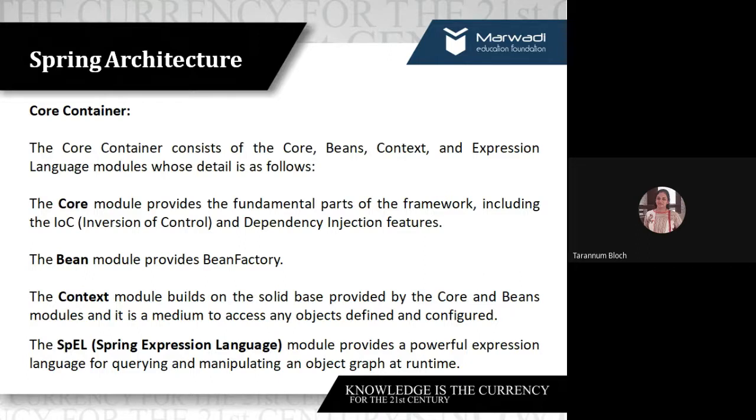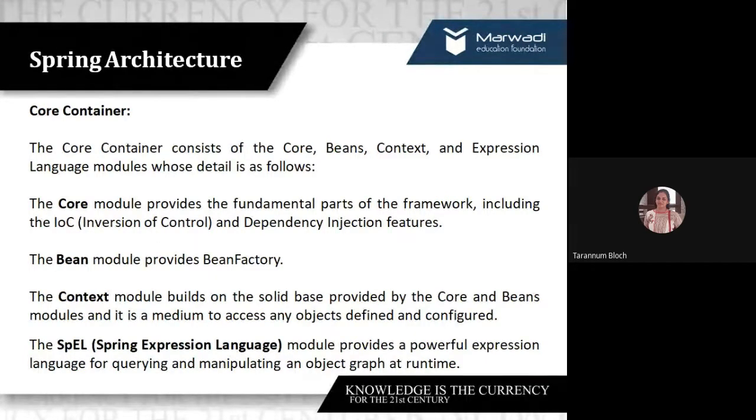Fine. Along with that, we have the bean module, which provides the bean factory. Beans are the backbones of a Spring, and when I say bean, I'm talking about lighter weighted Java classes, which is having only getter setter method and data related to that object. So to achieve or to access it, we need an object or class. So that class is represented in bean module as bean factory.